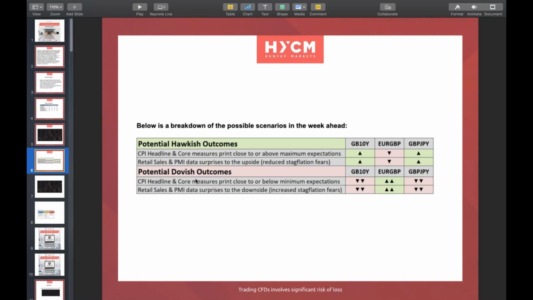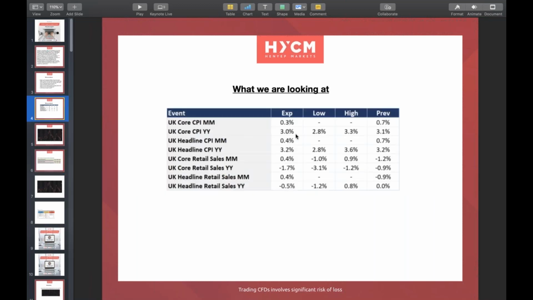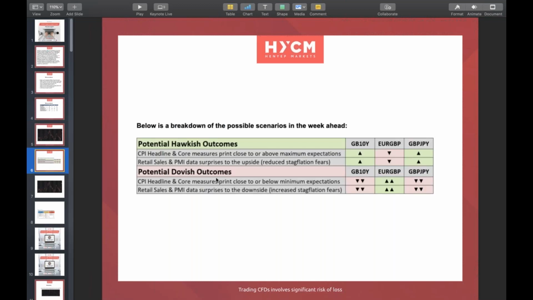The best opportunity comes from a dovish outcome. If the CPI is a miss, so look, we're looking for 3%. If it comes in below 2.8, that will be a miss. That's the best opportunity, because that will mean that the Bank of England have been too worried too quickly, and the pound would likely retrace some of that strength. We'd see SONIA futures retrace, and we'd see downside in the pound. So that'd be euro pound upside, pound yen downside. Best opportunity will be euro pound upside.